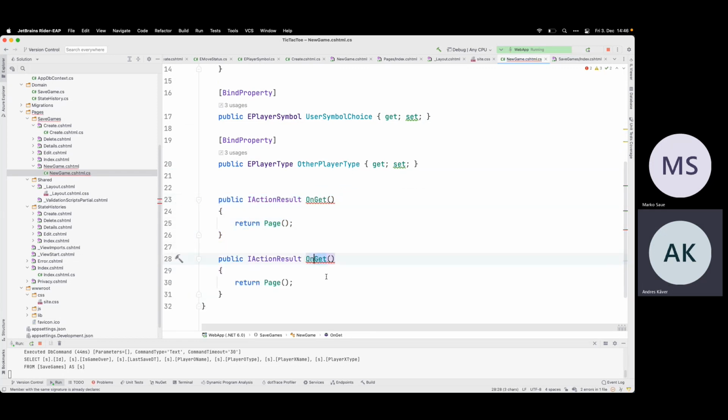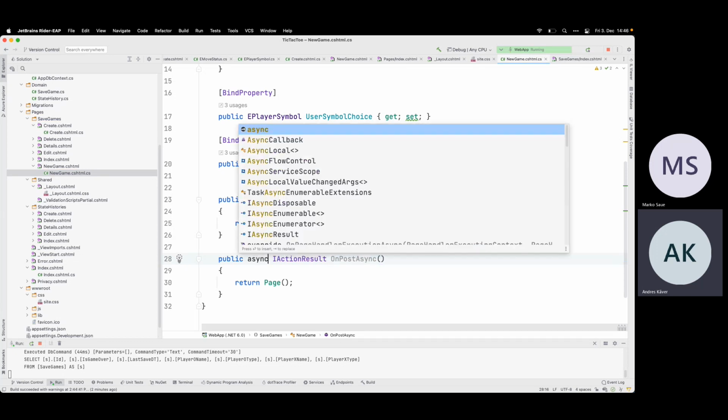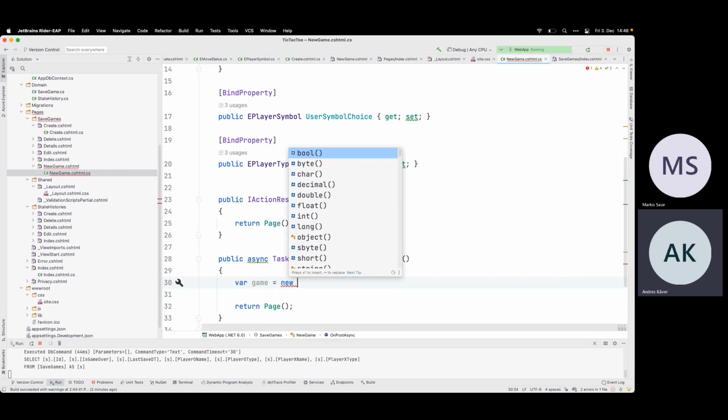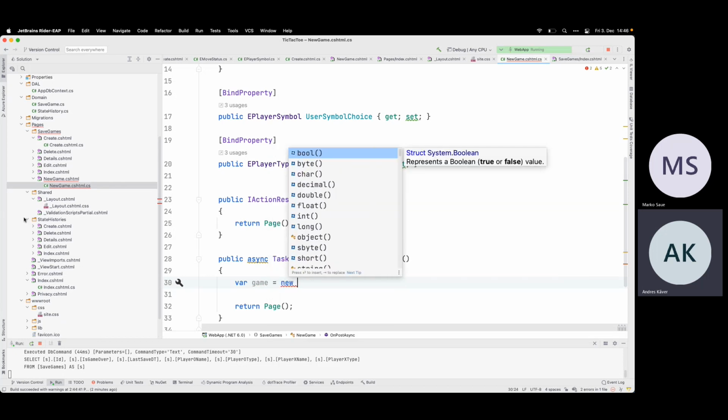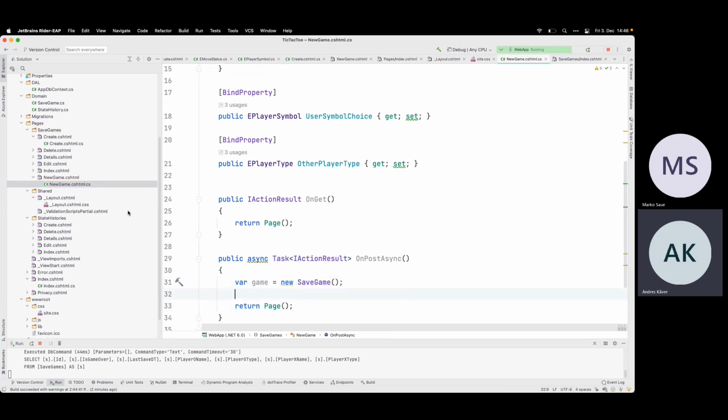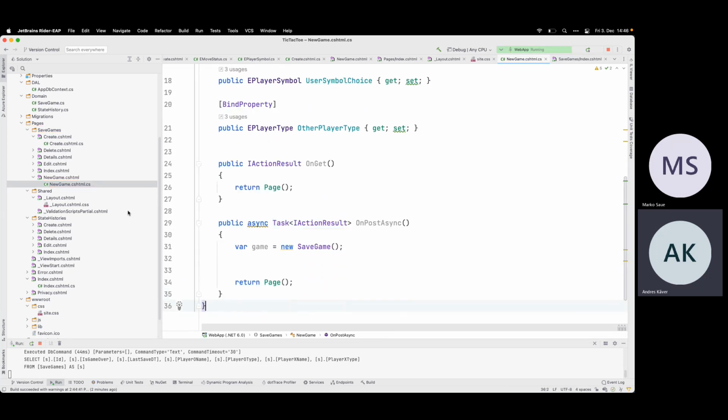So now I need to do the on post. And it's actually on post async. If I want to be nice about it, it's async task. So var game equals new. What did we call it? Save game, because now we actually create the new game.